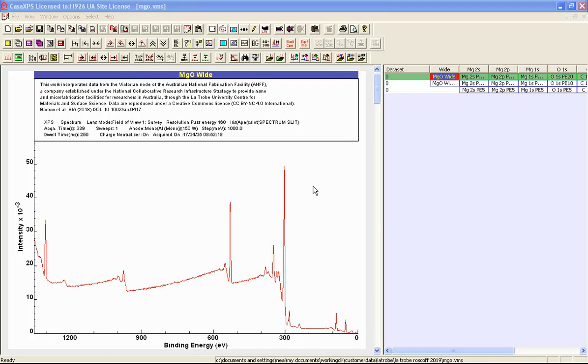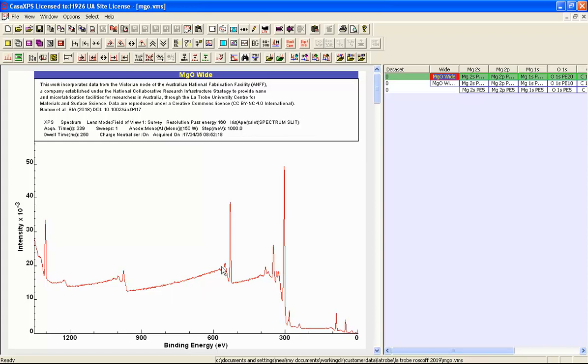The motivation for this video was a question regarding the origin of a small peak in magnesium oxide when measured using an aluminium monochromated X-ray source. The answer to this question is that this is a ghost peak. But to understand what I mean by ghost peak, I need to explain how the X-rays generate photoemission lines within